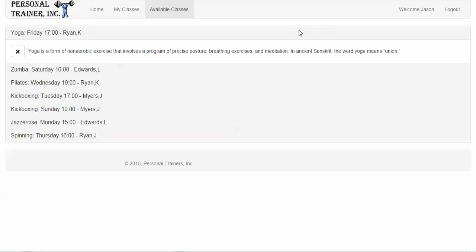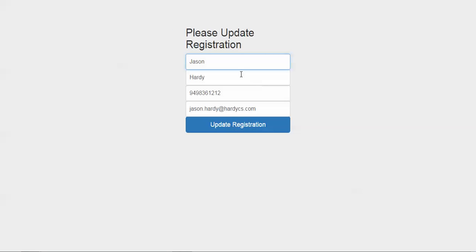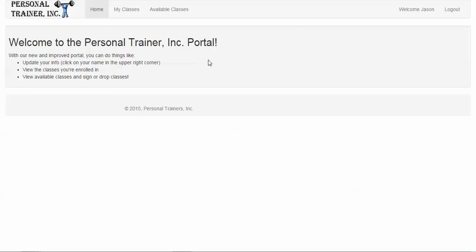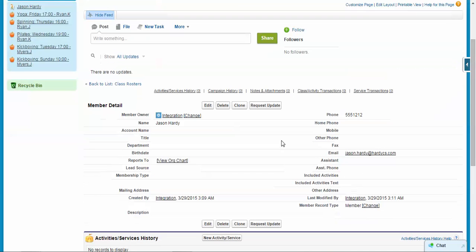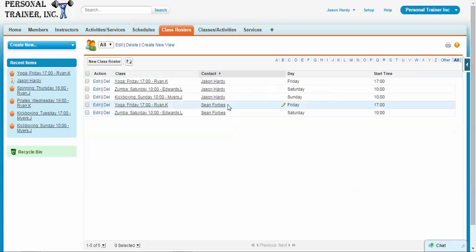So some of the other functionality that I built into this website is if I go back to the registration page by clicking on my name, I can now update my registration information. And if I go back to Salesforce, you can see that it had this phone number. Refresh. And now it has this one. So, pretty nifty stuff. I'm going to show you how I built it,